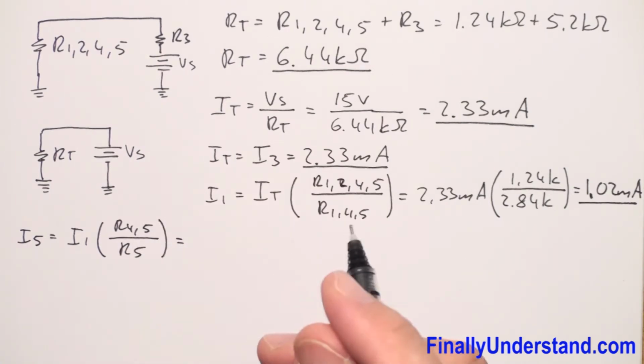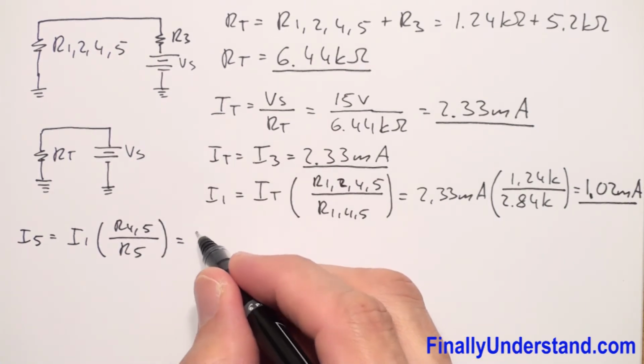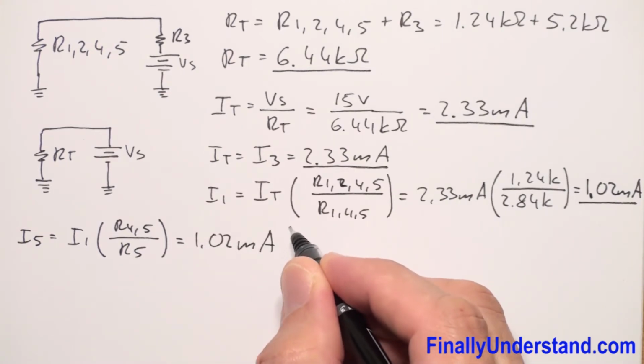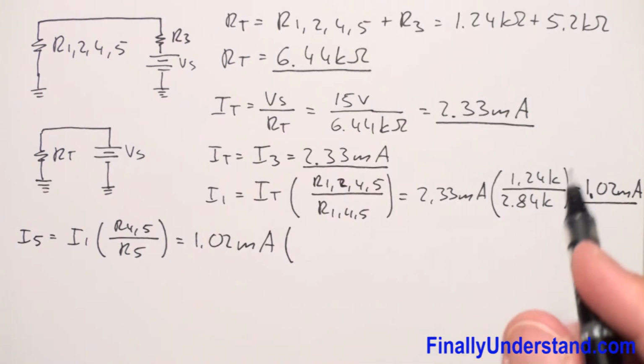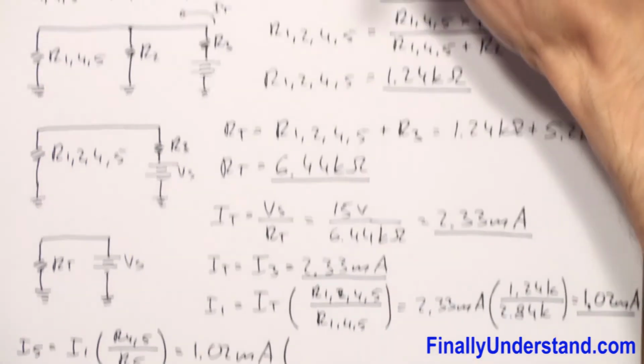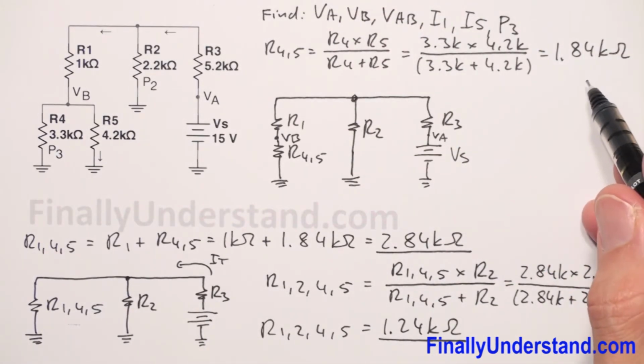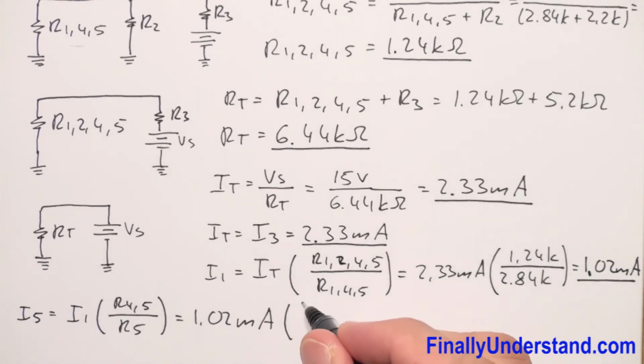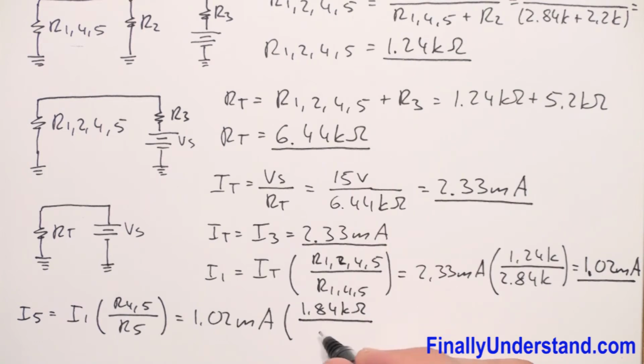So this is equal, I1 we found is equal to 1.02 milliamps times R45 we found is equal to 1.84 kilo ohms over R5, which is equal to 4.2 kilo ohms, and this is equal,